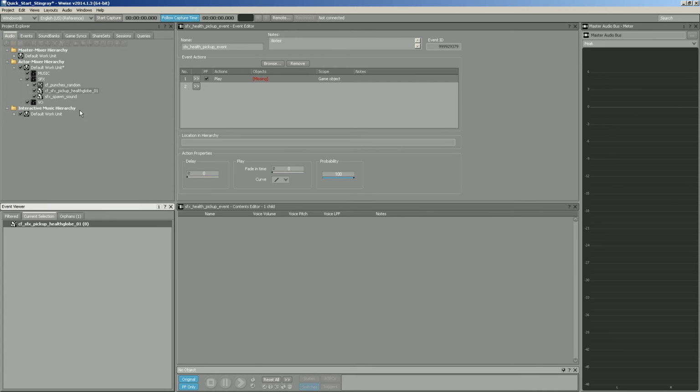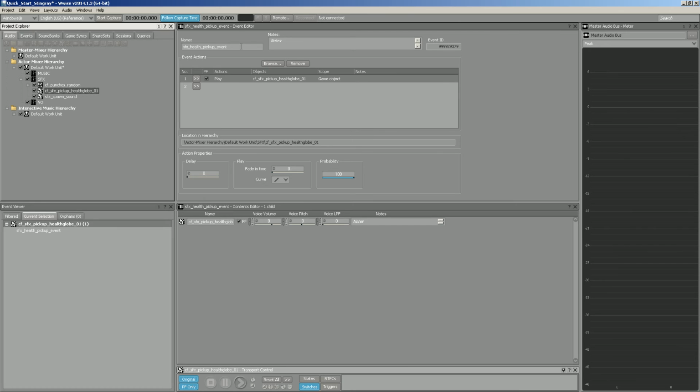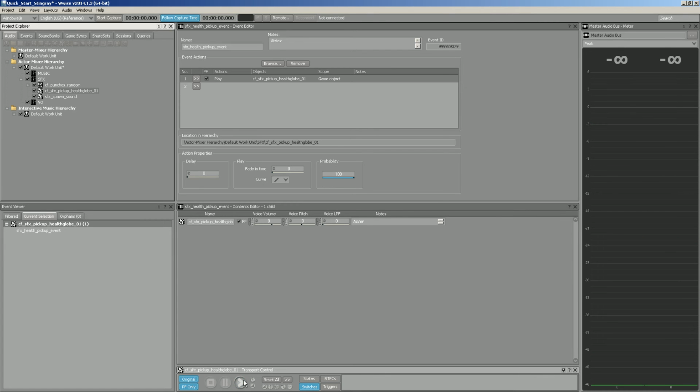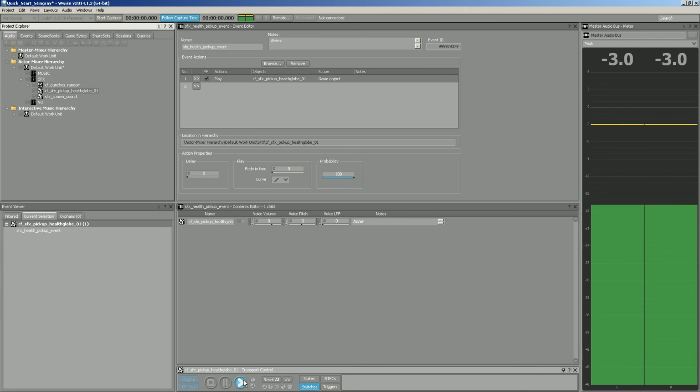So now we need to drag that audio file into that event under the event editor. And with that, you can now see that there is an event contained inside of that. And you could go ahead and hit play and preview that sound. You might want to turn your volume down just a little bit. This might blow out your ears, and I want to warn you just before I hit play. So maybe that wasn't too loud there, but you can see that the audio is playing and working as it